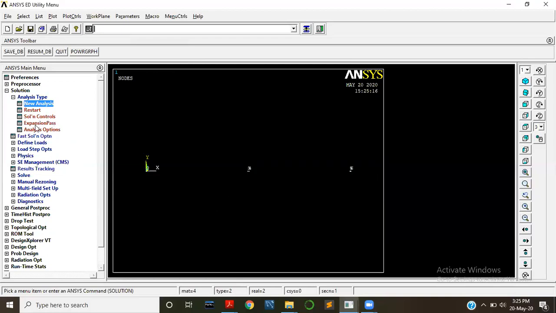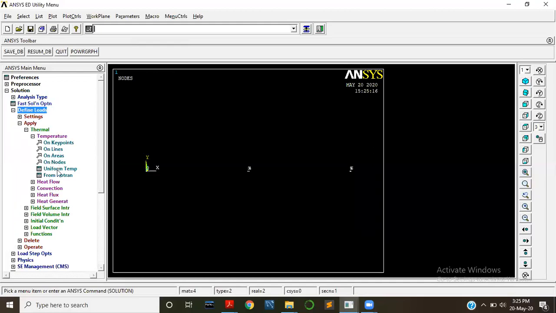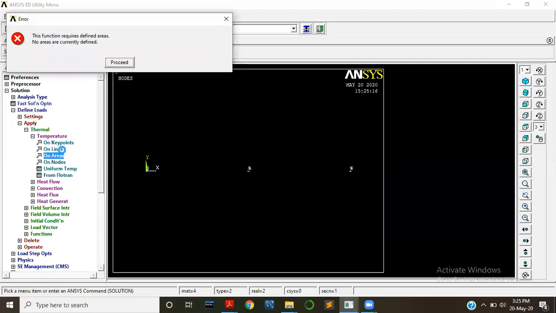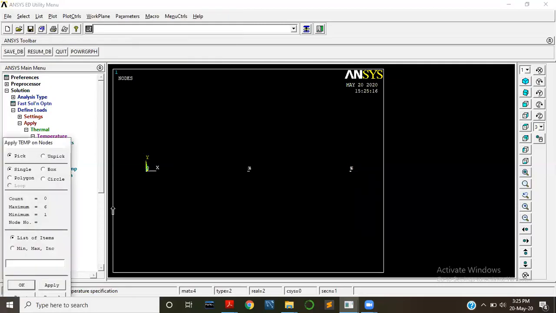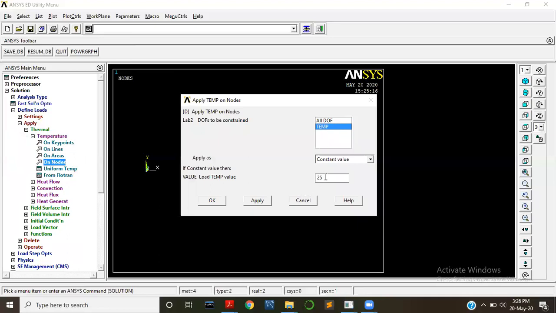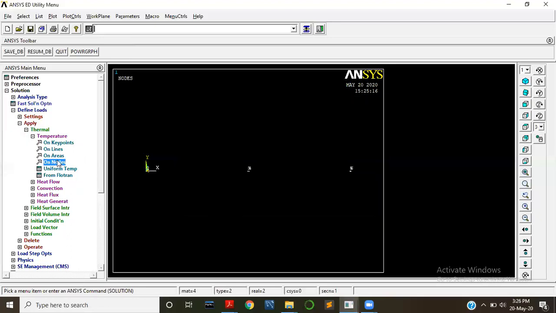Solution, and next define loads, and here apply, and here thermal, and here temperature, and here on nodes, and select node 1 and press on OK and temperature as 110. Press on OK and again select on nodes.